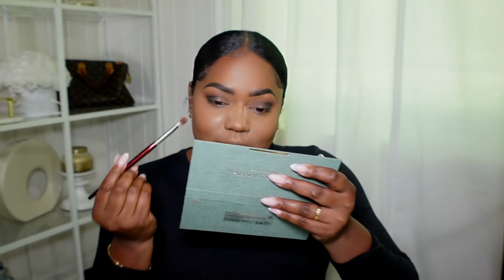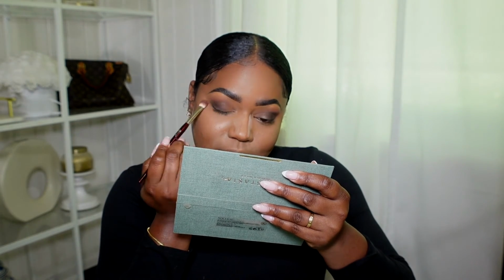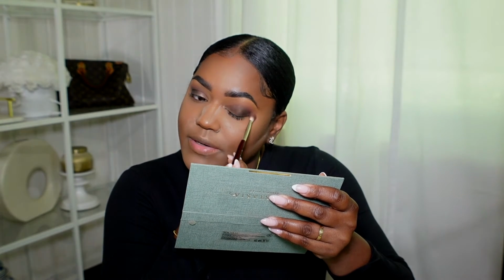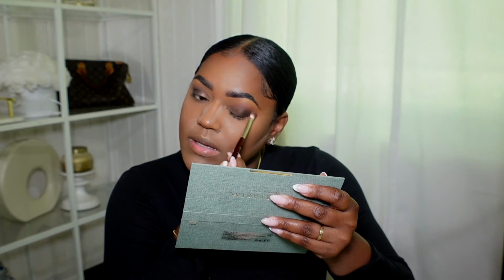My battery's overheating, you guys. I'm gonna take the first brush and just blend really quickly. I'm gonna blend the outer part. I'm gonna take some powder and just put on the section right here, like that. My camera was overheated, so I had to turn it off for a second, but I'm back and